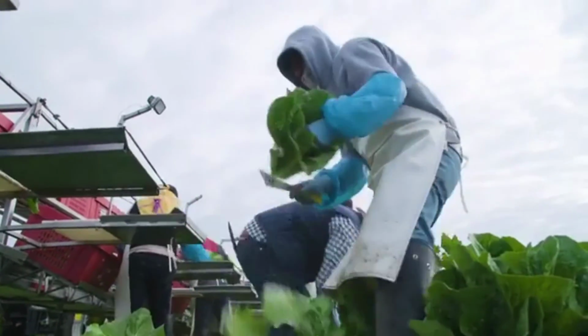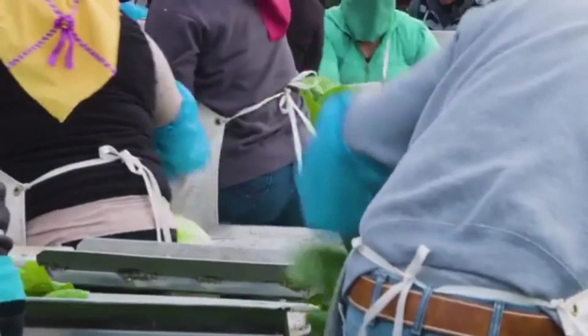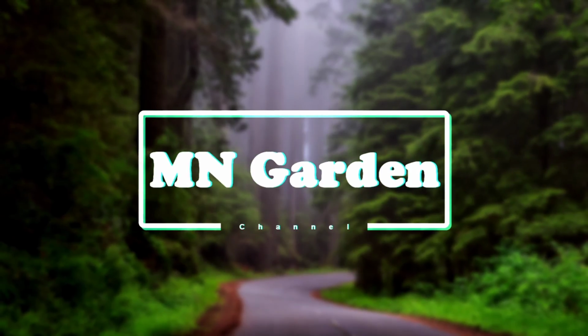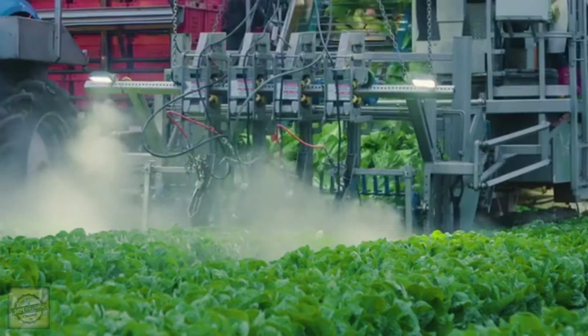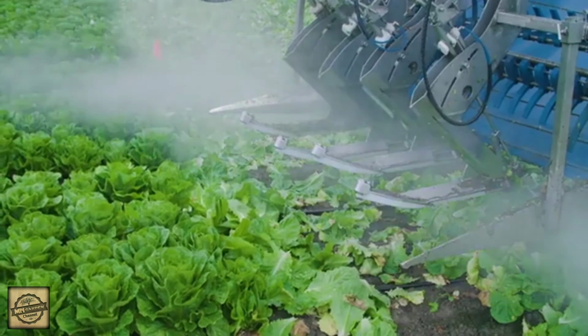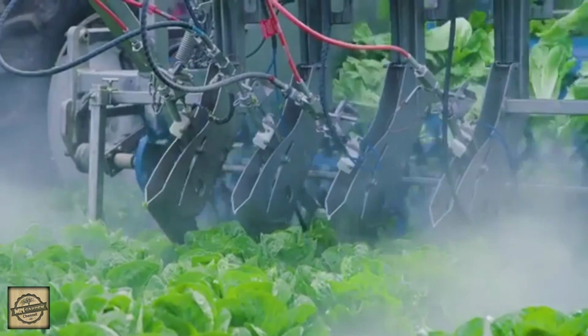This is the old way of harvesting lettuce. It's tedious and unbelievably backbreaking. And this new way. Meet the automatic lettuce harvester. Hear that? That's the sound of water knives, ultra-high pressure blasts that cut through the plant, which is then escorted